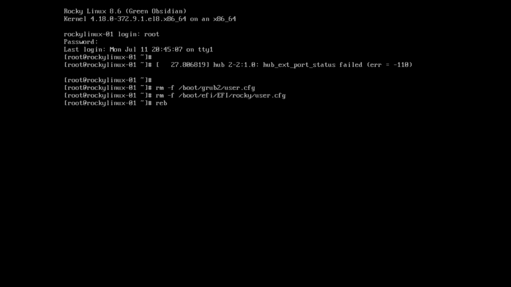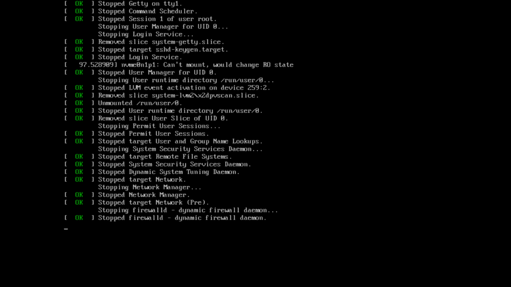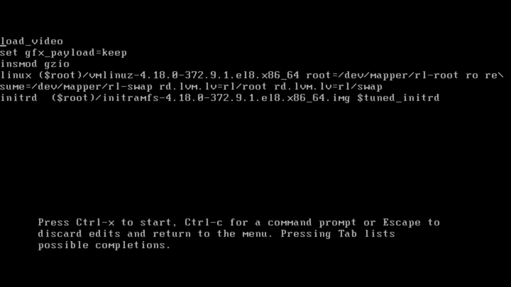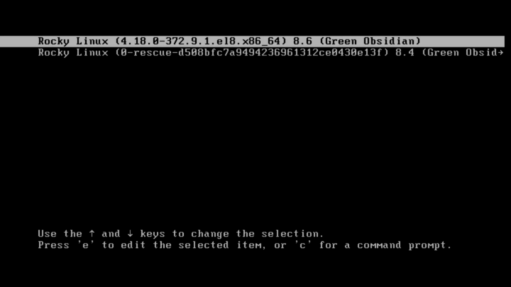So reboot and check again. You can see that we have now reverted to our original status. Now the GRUB menu can be accessed by anyone without any password. Okay, this is the simple method. We have set a simple password and then seen how to remove that password. Now let's try something advanced.